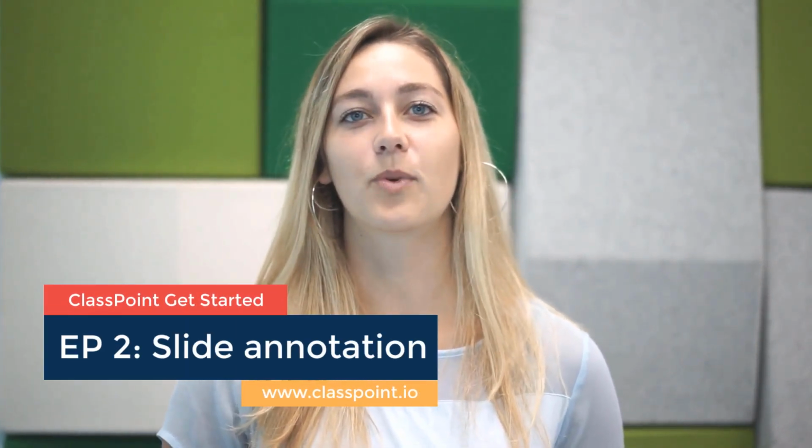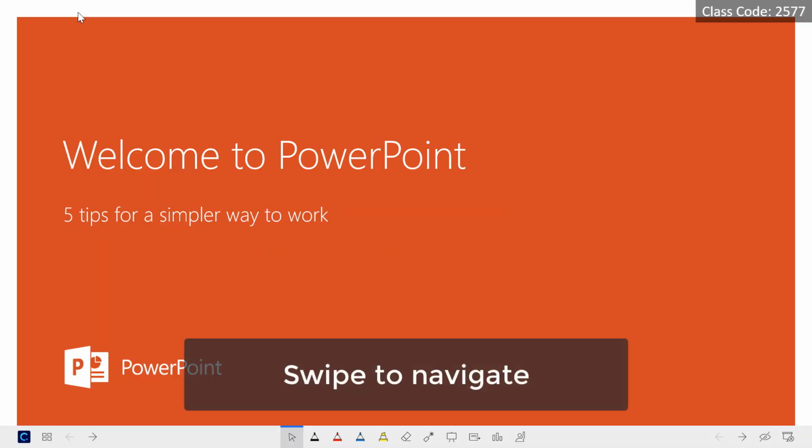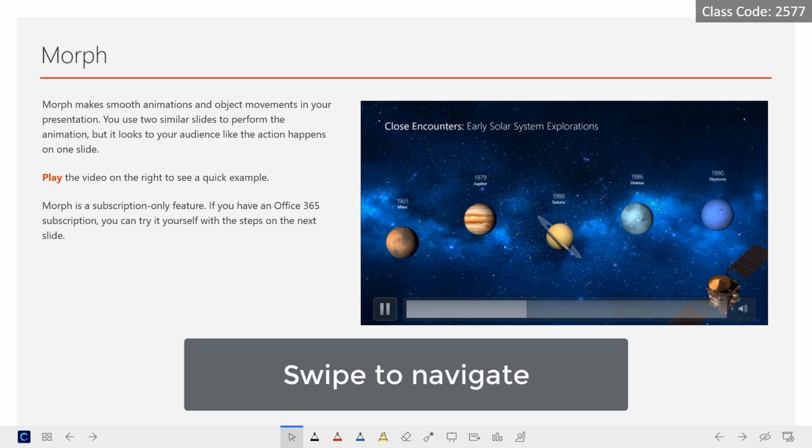So ClassPoint can be used in three main different ways. The first way is for slide annotations. So once I go into my presentation, I am automatically on cursor mode so that I can easily navigate throughout